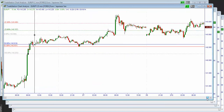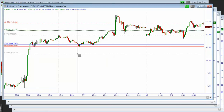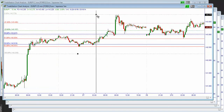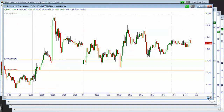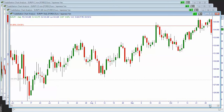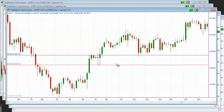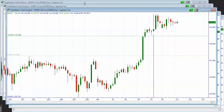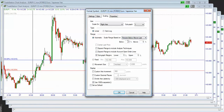to show you the proof on price, because when we trace from this level to highs, we can see that this level was respected here. So we'll remove the lower trace, and this level is still there, has been respected, and has the potential to bring price into that second target, which we identified on the daily, which is this 144.36. So let's try and study on the 15 minutes if we change the scale here to see where